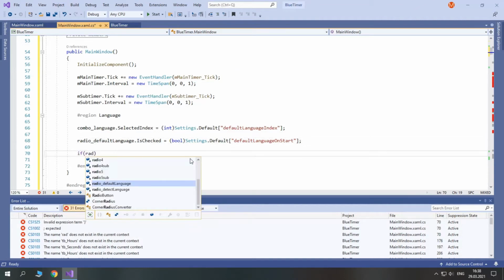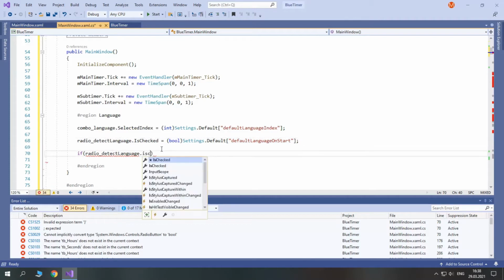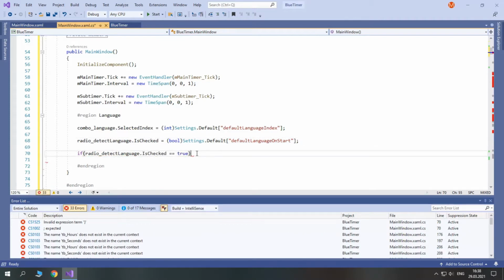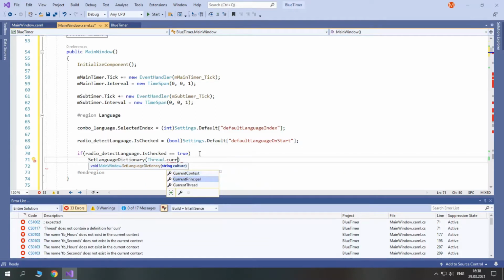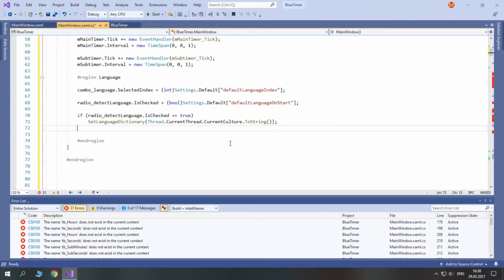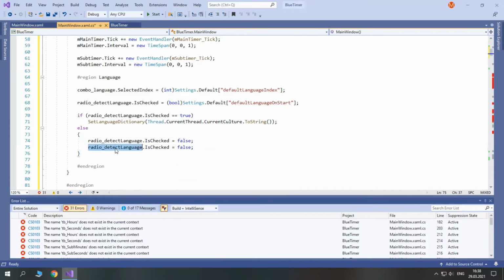So if radio detect language is checked, not default language but detect language is checked equals true, then we will set language dictionary to thread current culture to string. Else, if we decided to set it manually, then radio detect language is checked will be set to false, radio default language is checked will be set to true.